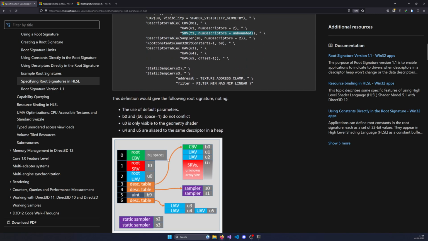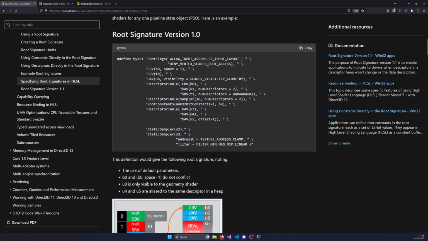I also don't want to go too much into details of how samplers work. You can define a default sampler in just one single line here, just by the keyword static sampler and the register. There are a few things that you can customize here, like the addressing mode, which basically means if you are going out of the 0 to 1 range, how does the texture behave? Does it just clamp off to a so-called border color at 0 or 1, or shall it automatically wrap so that the